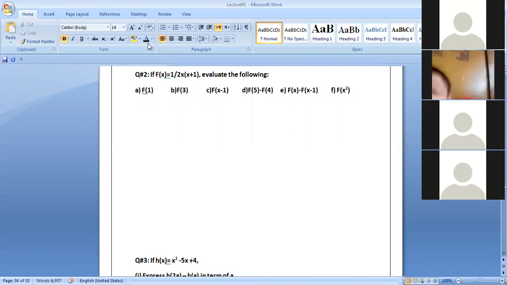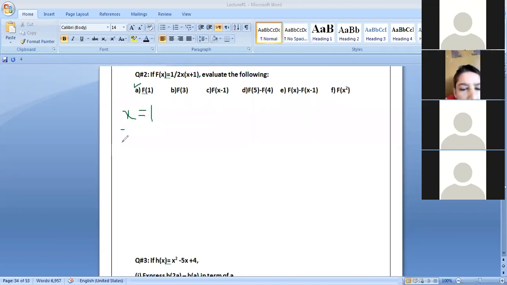Very easy questions. Original question we have f of x is equal to 1 upon 2x plus 1. Okay. And then class we have f of 1. F of 1 हमारे पास means, wait a minute, first we write place of x. X की जगह पर हमें क्या given है class? We have given value of x is equal to 1. Okay. In question number A, we have given x is equal to 1. So put the value in question like this. It becomes f of 1 is equal to, I am putting value in equation.